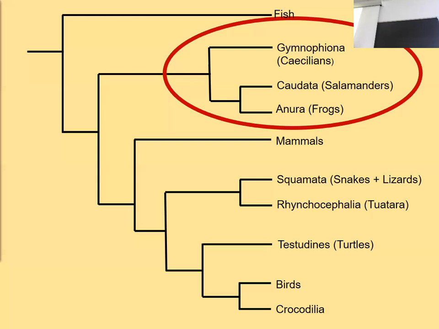When we say sister, we mean that all these amphibians are equally related to all of these because they all come back to this most recent common ancestor here. So in other words, you and I are just as closely related to a salamander as a lizard is to a salamander in an evolutionary sense, right? Because our most recent common ancestor with amphibians is back here, as is the most recent common ancestor of amphibians with snakes or what have you. Sound good so far?